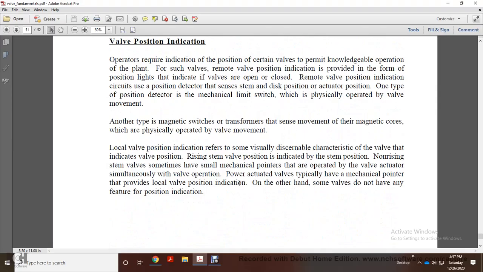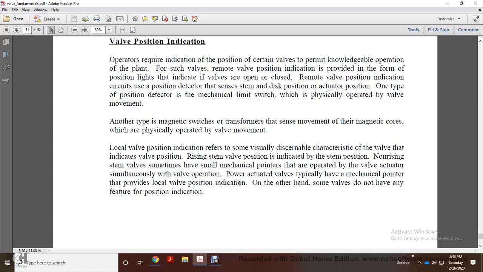Alright, valve position indication. Operators require indication of the position of certain valves to permit knowledgeable operation of the plant. For such valves, a remote valve position indicator is provided in the form of position lights. This indicates whether the valves are open or closed. The remote valve position indication circuits use position detectors that sense the stem, disc, or actuator position. One type of position detector is a mechanical limit switch that is physically operated by valve movement. Another type is a magnetic switch that senses the movement of magnetic cores, which are physically operated by valve